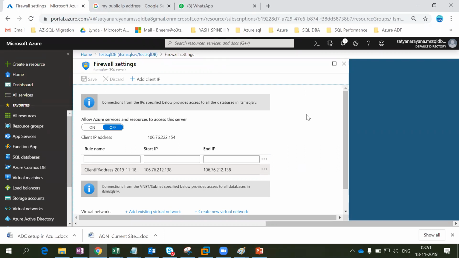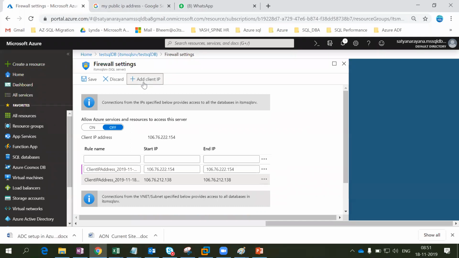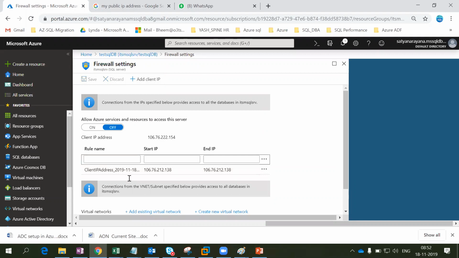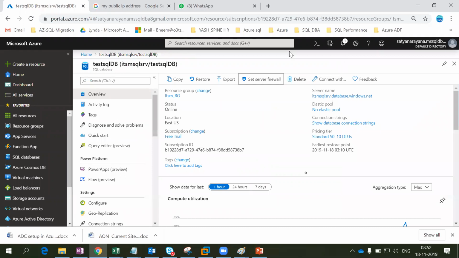So if you ping me your public IP, I could provide access to it, or else the client IP. This is my VMware workstation public IP. Likewise, we are going to add this one too. So this is typically what happens when you connect and create this.